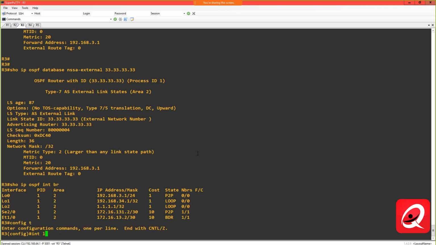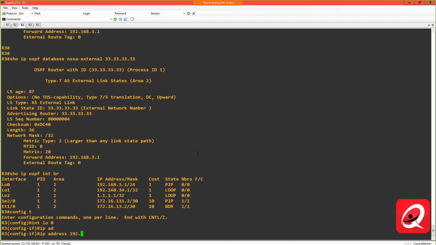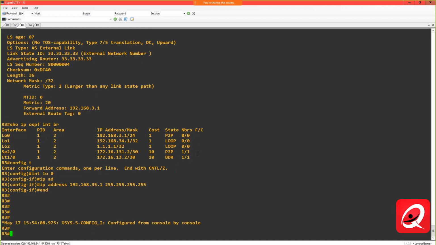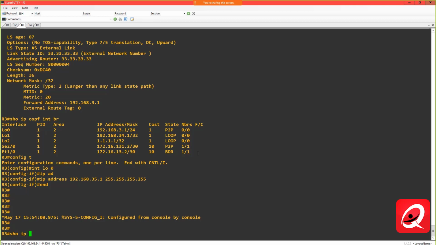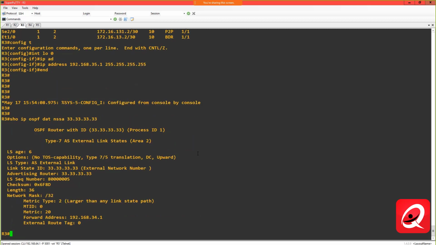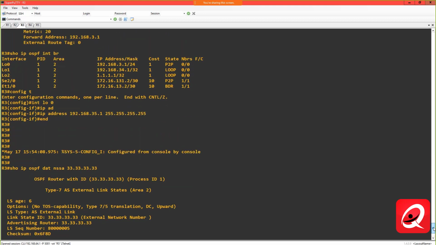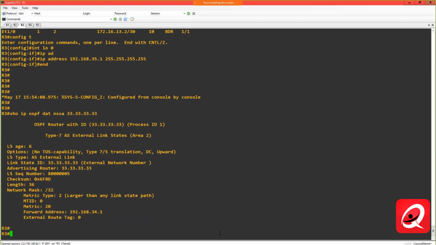We can certainly go into interface loopback 0 and change the address, 192.168.35.1. We know it's a preemptive process because it did change without clearing the process, so we at least answered that question. Show IP OSPF database NSSA 33.33.33.33. So that's interesting. It changed to 34.1 even though loopback 0 never went down. All we did was change the address. So it's starting to look more and more like there's a couple of things,